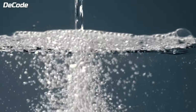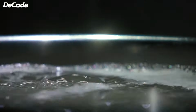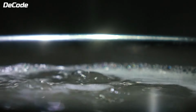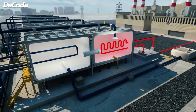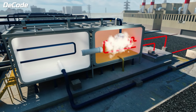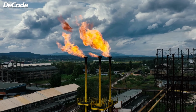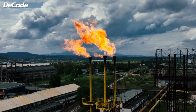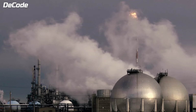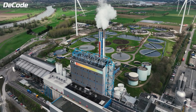turns to vapor. But water has a high latent heat of vaporization, meaning it takes a significant amount of energy to convert liquid water into vapor. This energy demand makes the process very energy intensive. And typically, the energy needed for boiling the water comes from burning fossil fuels such as coal, oil, or natural gas. This reliance on fossil fuels makes thermal desalination expensive and contributes to greenhouse gas emissions, which are harmful to